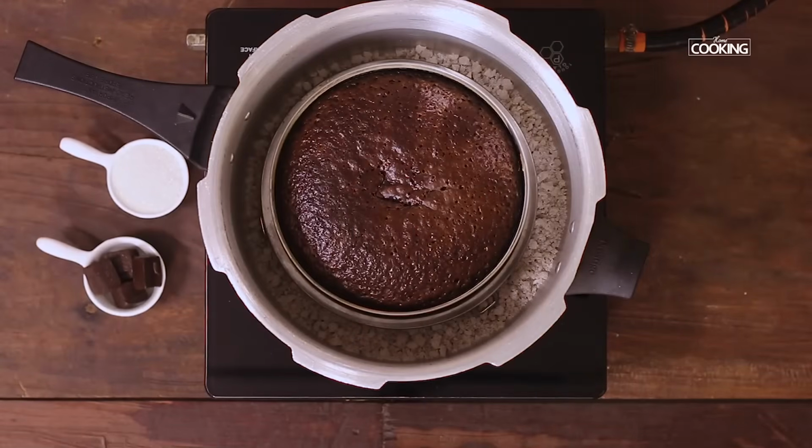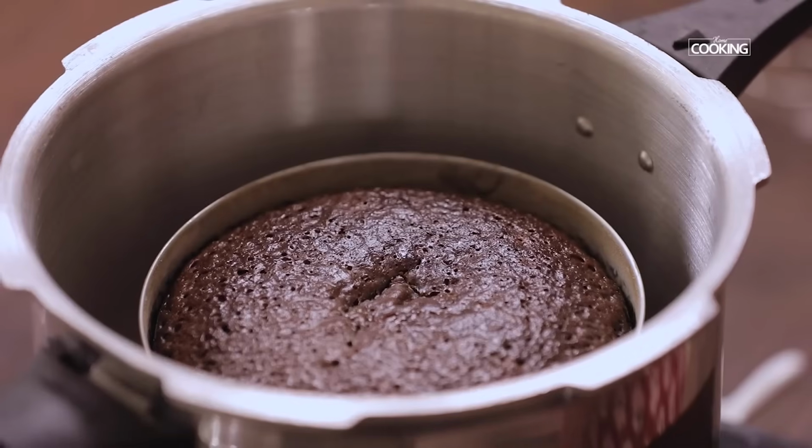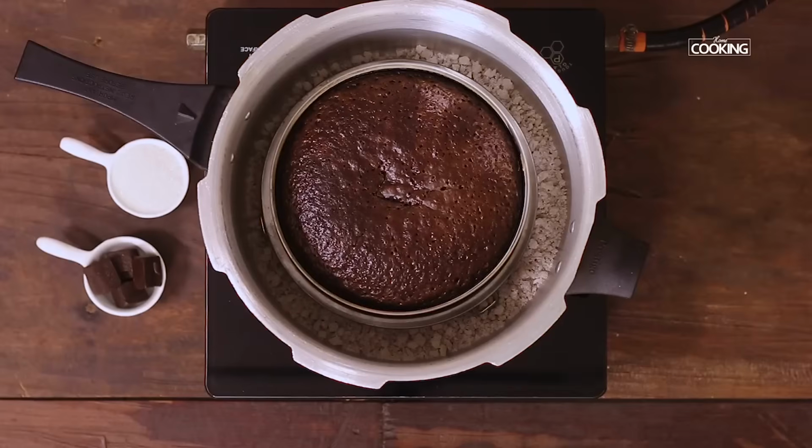That looks amazing. So you can see the cake is baked beautifully. It took almost 1.5 hours to bake the cake, so I've left the flame on low throughout. So don't keep opening the pressure cooker to check if it's baked, because then it might dip in the center. So make sure that you open the pressure cooker only after 1.5 hours to check if the cake